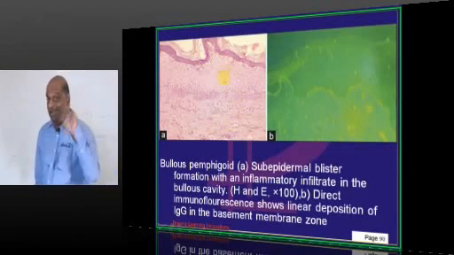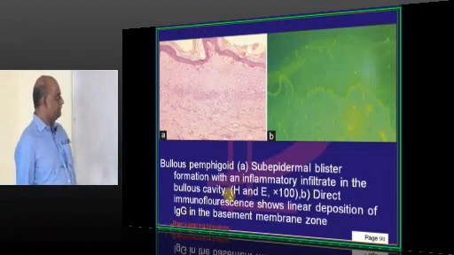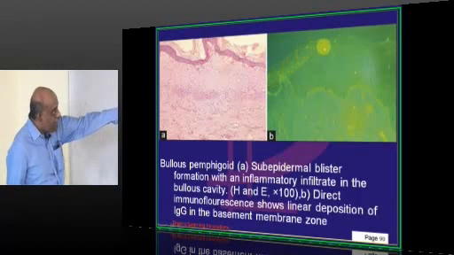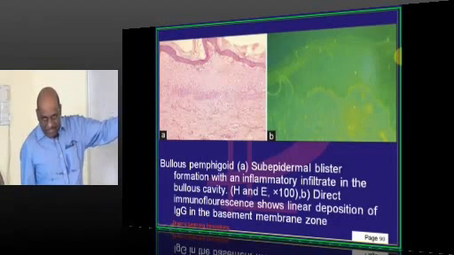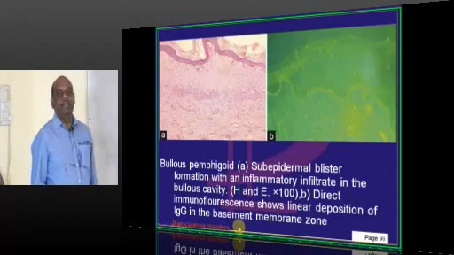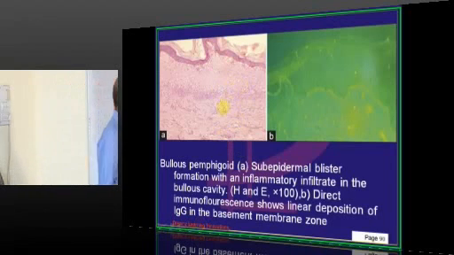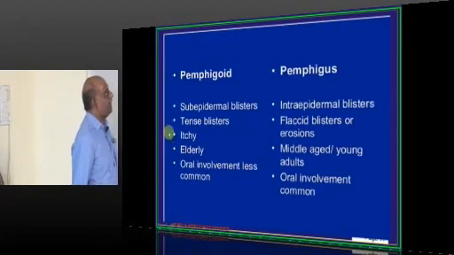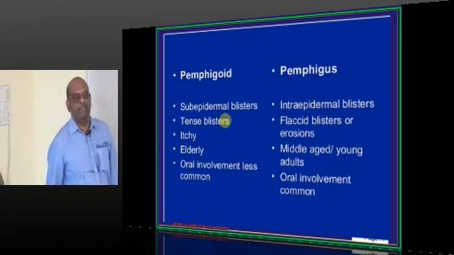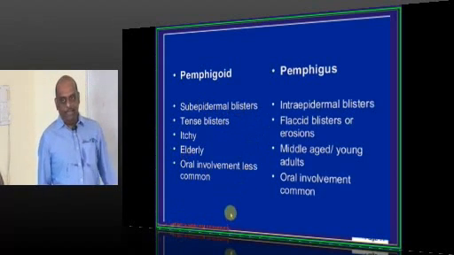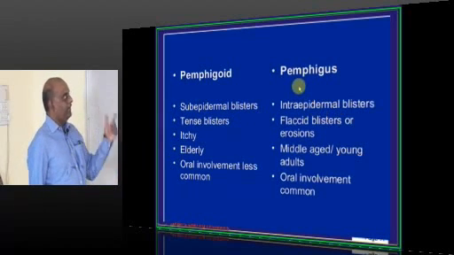Then you have seen the lace-like pattern of deposition in case of pemphigus vulgaris. Then how about bullous pemphigoid? Linear deposition of immunoglobulin G on the basement membrane zone, BMZ, is a classical feature in bullous pemphigoid, and it is subepidermal. So to summarize, doctor, pemphigus vulgaris versus bullous pemphigoid, what are the differences? Where do you find subepidermal? Bullous pemphigoid. And intraepidermal? Pemphigus.